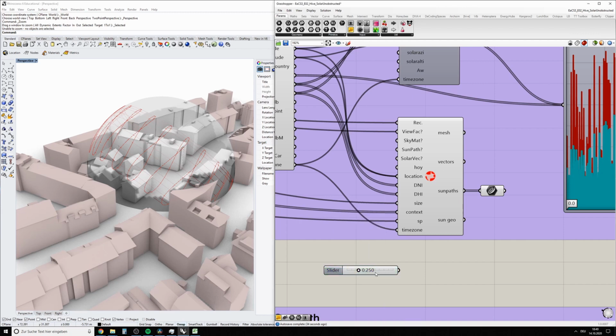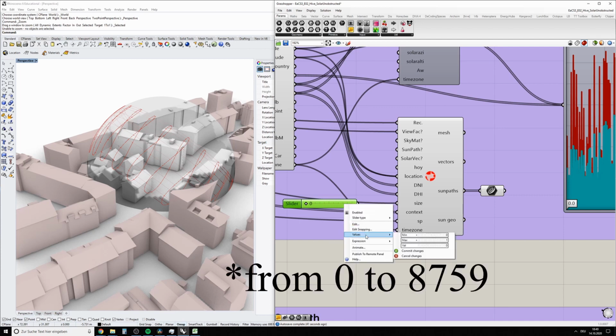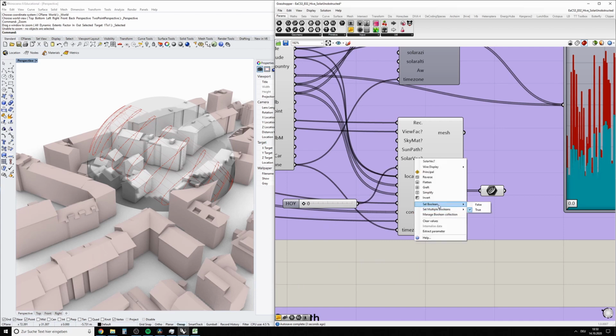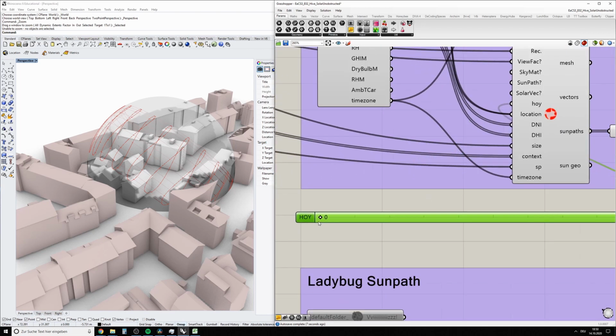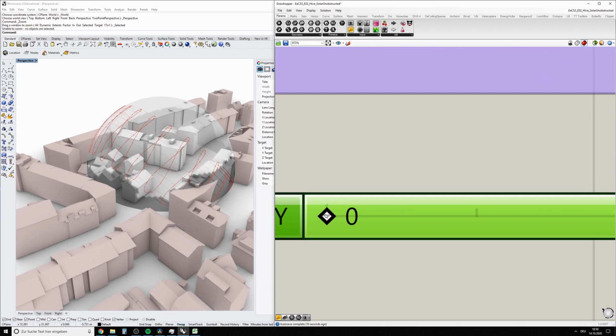It has to be an integer, so right click on this slider component and hit integers, and then also set the values from min, actually I think it's from 0 to 8596. No, wait, 8569 exactly. Okay, and then we can connect this to hour of the year. Now we have to set this to true. It's already. And then if you now change this,